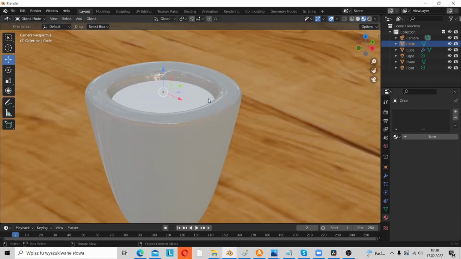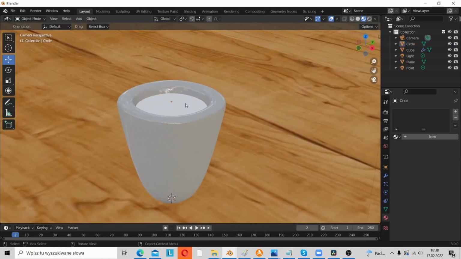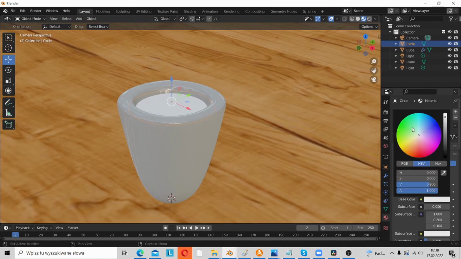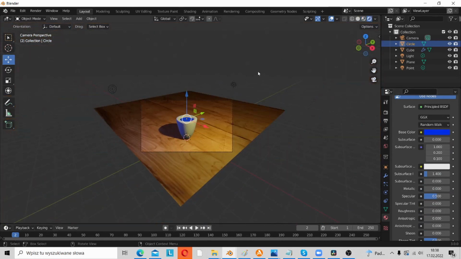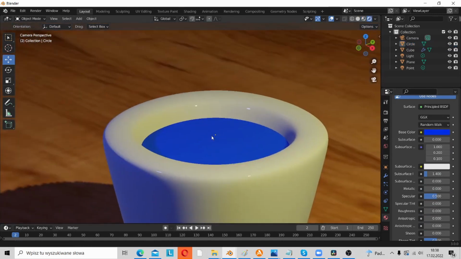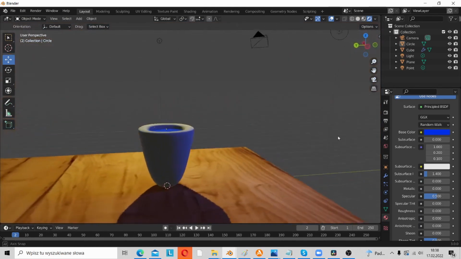Yes, that's still a basic water, so we can add a new material, of course, add the blue one, set the roughness, go to the render mode. So that's all. We have done a basic scene,